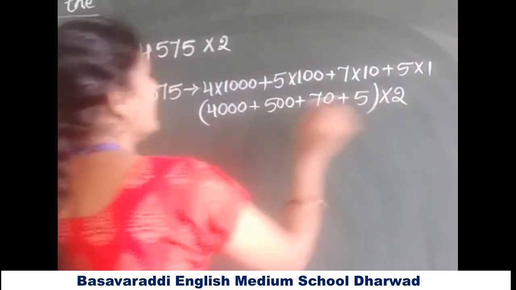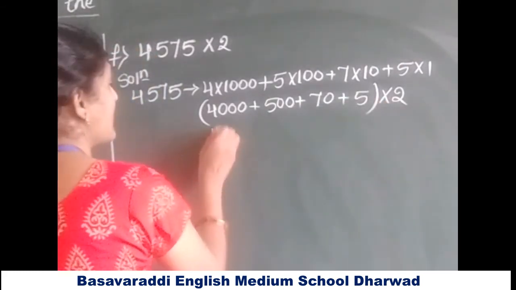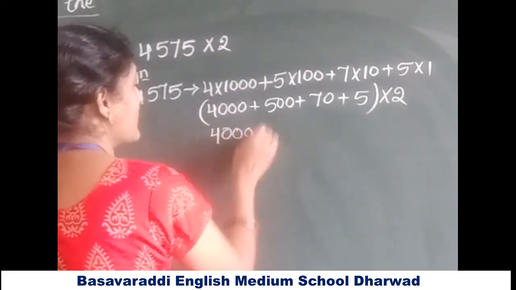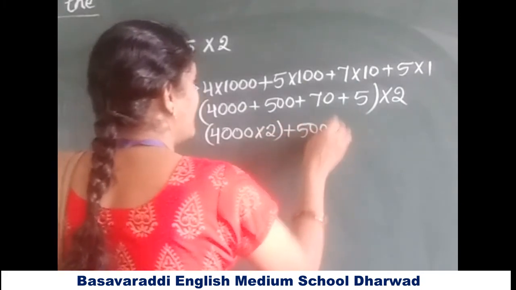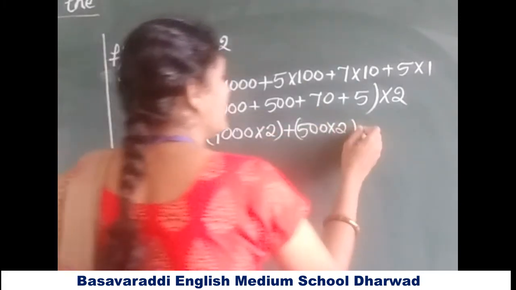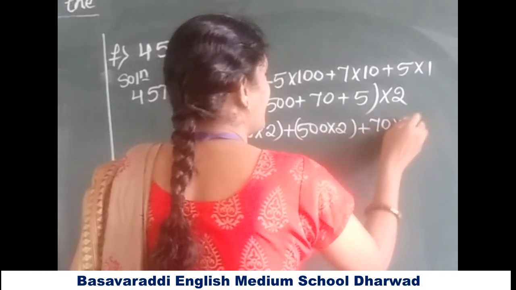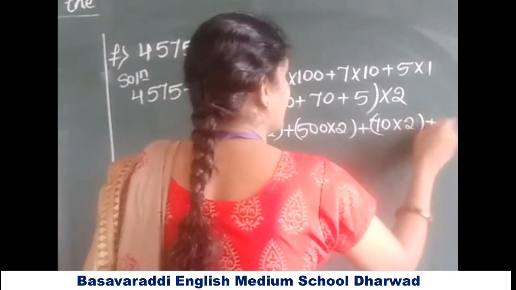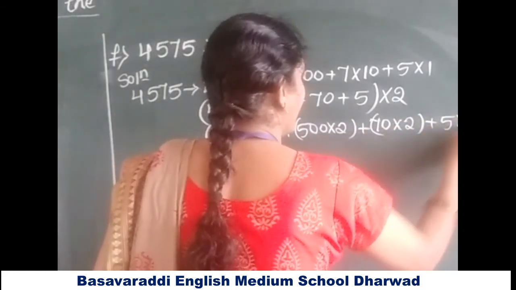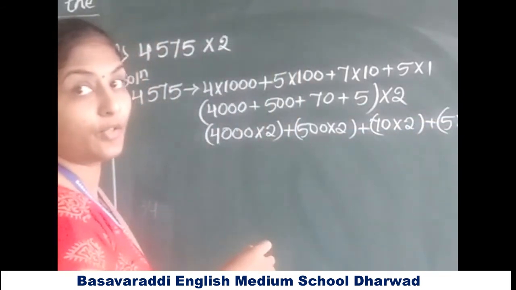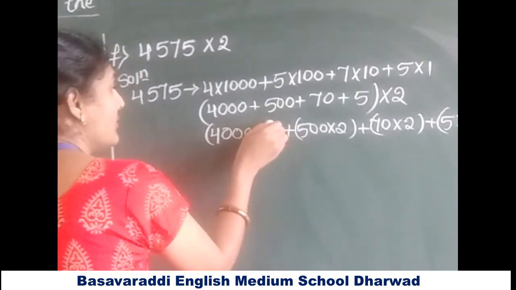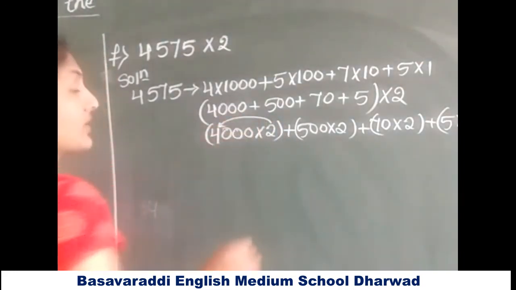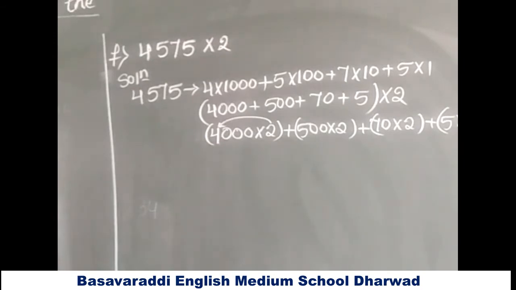Then write each digit separately. The 4,000 into 2 plus the 500 into 2 plus the 70 into 2. The last one is 5 into 2. For the 4,000 into 2, multiply the non-zero part first and then